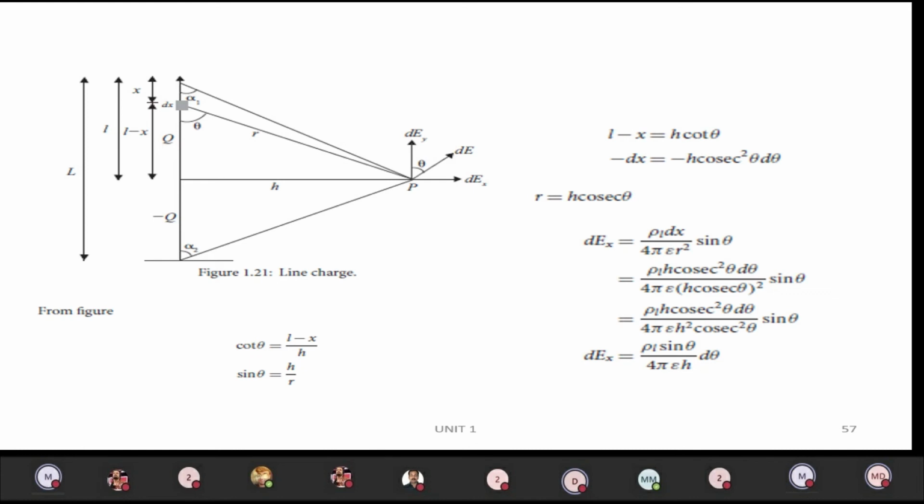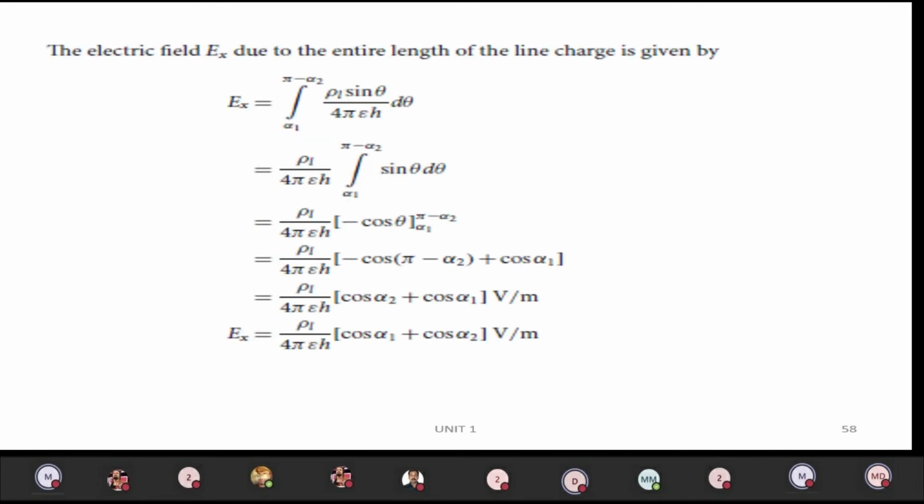You are the point P. Just assume you are the point P. We have the line charge density, so what is the electric field on you? That's what we are going to see now. We will have two components here, vertical component and horizontal component. First we will see the finite line and apply the special formula for the finite line, and then the infinite case.